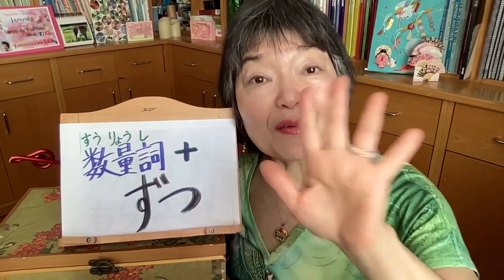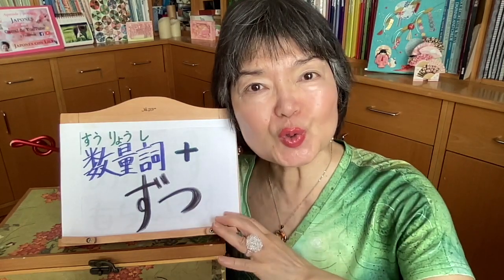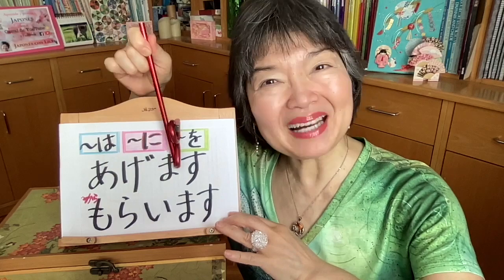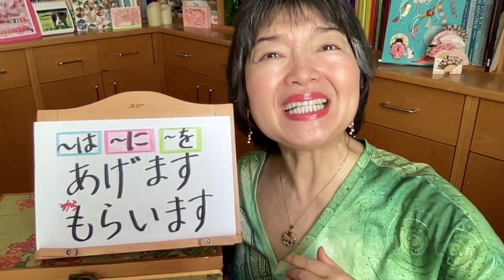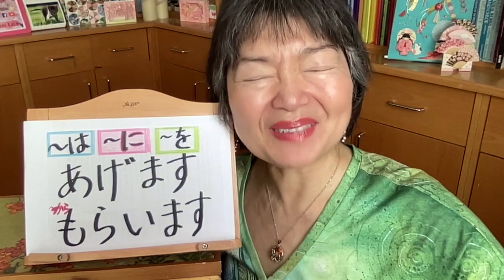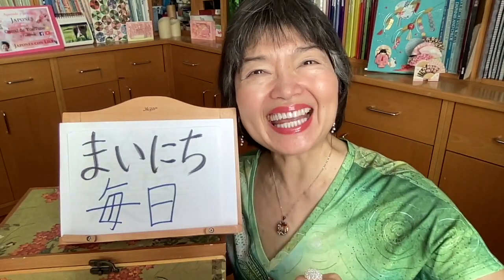In this case, 5 candies each. So 5 is 五つ. So 五つずつ. The verb to give, あげます. 孫に飴を五つずつあげました。孫にキャンディーを5つずつあげました。